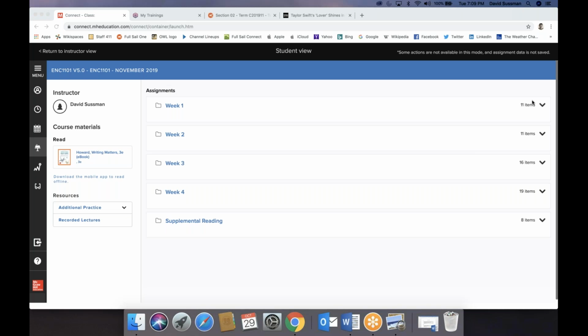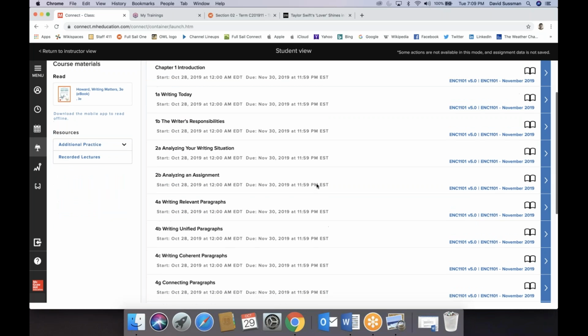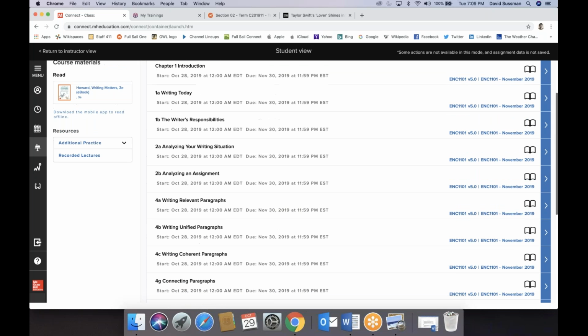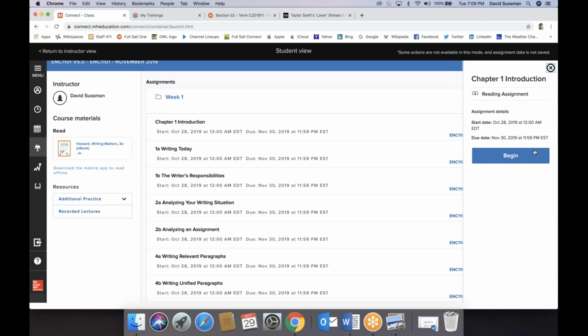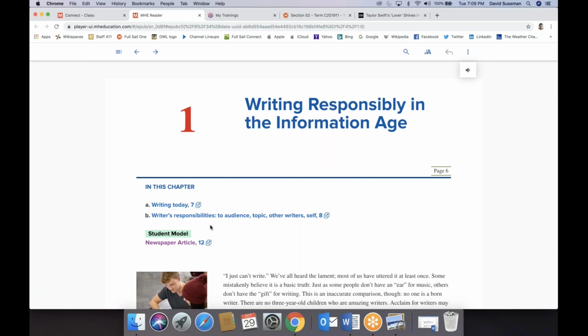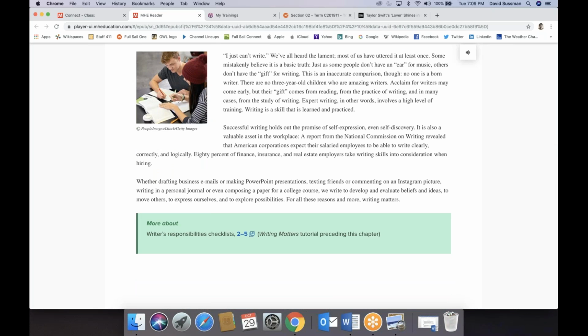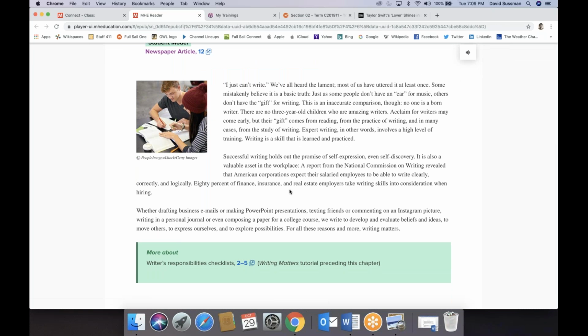And I do encourage you to go through the readings. I shouldn't admit this, but can you succeed in this class without doing the readings? Yeah, but it doesn't hurt to do the readings. Okay, and they're typically short. So at first it looks like, oh wow, look at all these chapters. But if you click on one of them, for example, let's look at this guy here. You will see that they're not terribly long. Okay, they're pictures. The stuff in green you can always ignore, even if it has like a thought question or a suggested activity. You can ignore whatever's in green. I'm fine with some skimming or reading for gist, right?